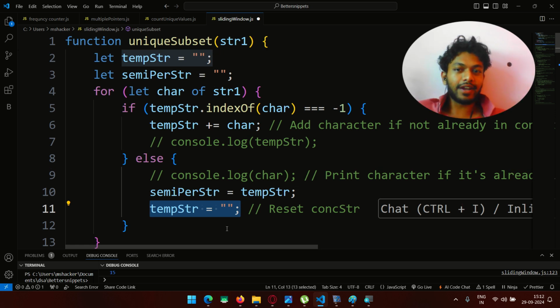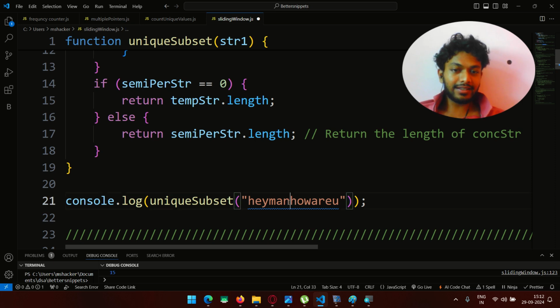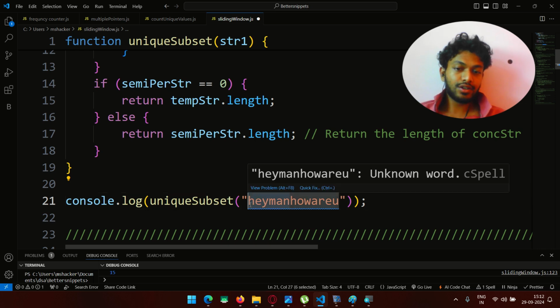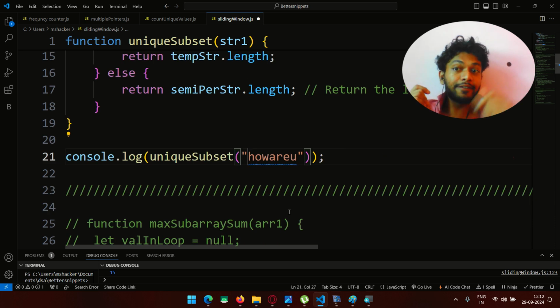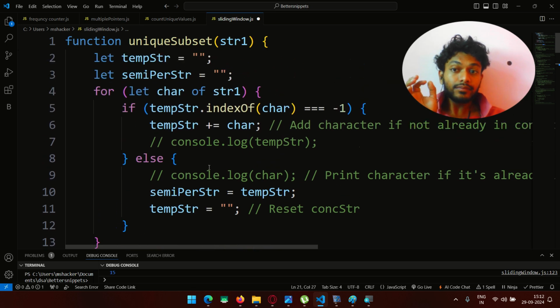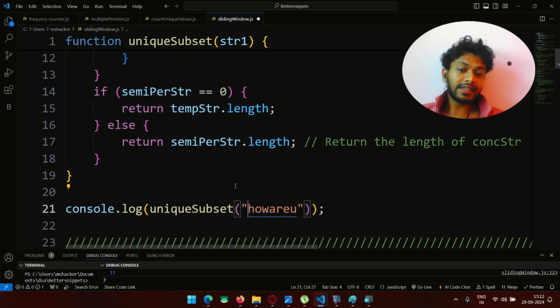It just empties itself, right? Again, what happens? It moves further. What do I mean? Till here it ended up finding. So the entire HEYMN, He-Man, is saved in a semi-permanent string. Okay, and after that,